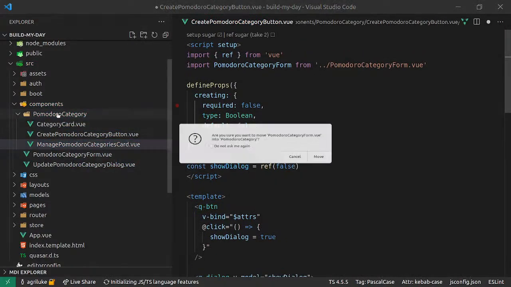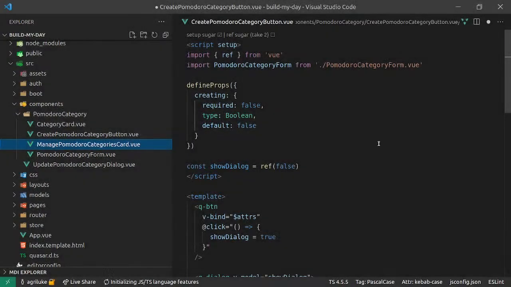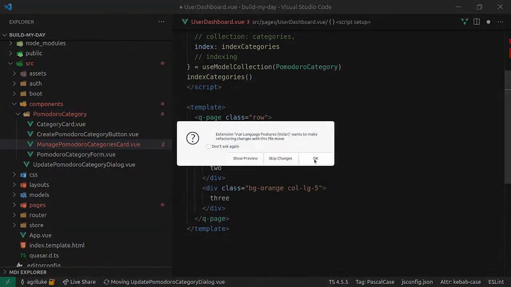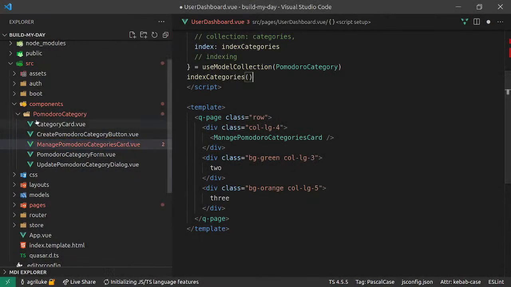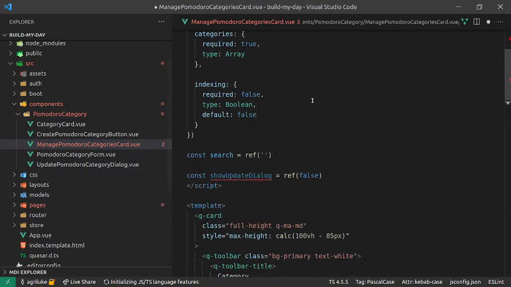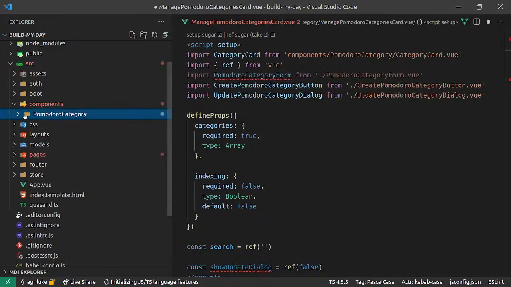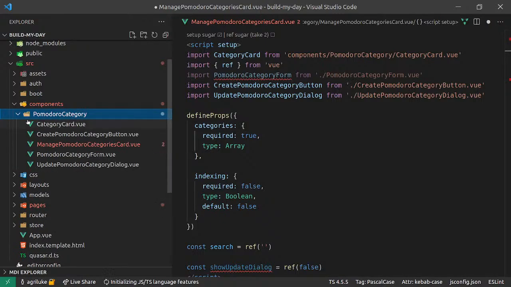Pomodoro category form. Okay. Update Pomodoro category dialog. Really, we've just thrown everything into that same directory there, so it doesn't really help that much. But it means that we can say, okay, let's look at our components related to a Pomodoro category,